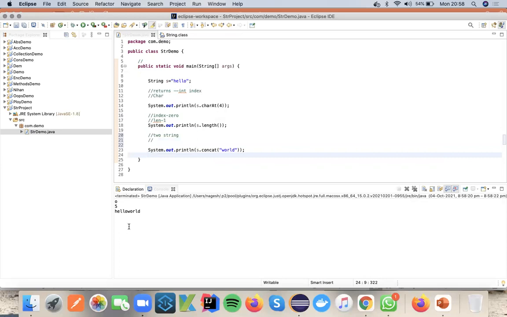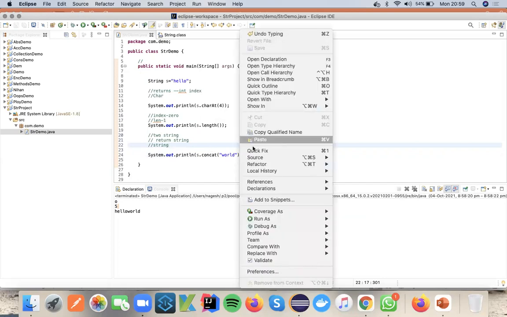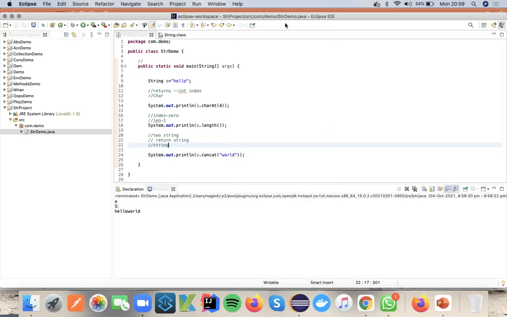Here the return type is always String. Hello world is again a string. So the return type is String, and the input parameter we have to pass is world, which is also in string format. It will not accept anything else, so you have to pass a string, and if I give an integer, it gives an error, so you can understand that. It only allows strings, right? And the moment the concatenation happens, it gives the return type as a string. Clear? A couple more methods are there, we will discuss in the next class.